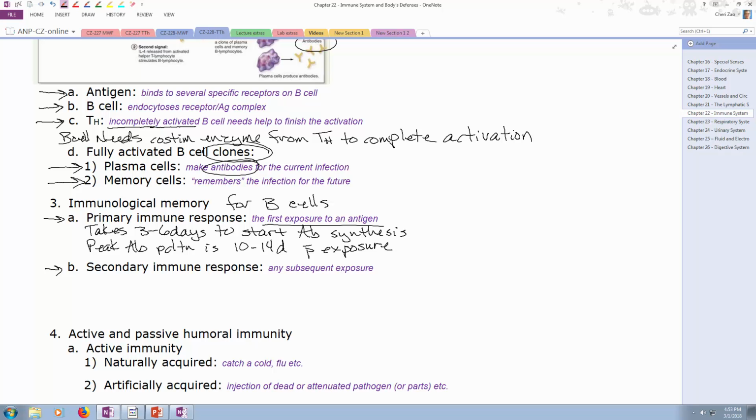But peak antibody production, in other words, I want you to realize antibodies are like missiles taking out the bad guys, or bullets taking out the bad guys. So peak antibody production is 10 to 14 days, and the more antibody you have, the sooner the infection or the problem is over, correct? And so this is primary immune response. And so when you get sick, this is telling you if you have never encountered this bug before or this virus before, such as influenza, you will feel awful for 3 to 6 days because you have no antibody production,